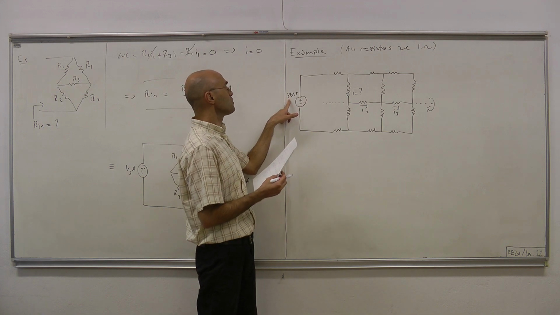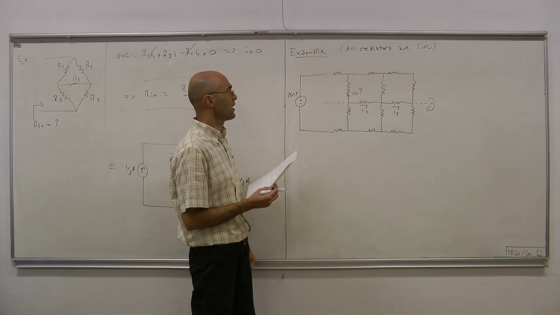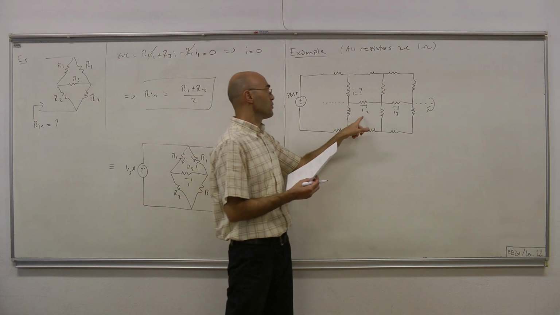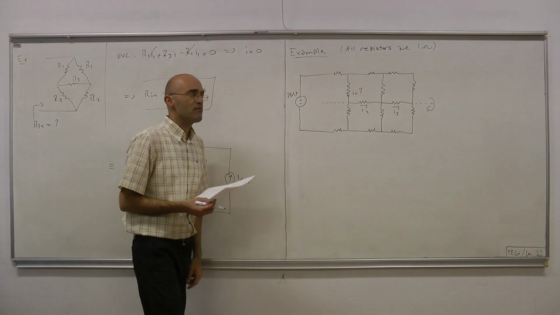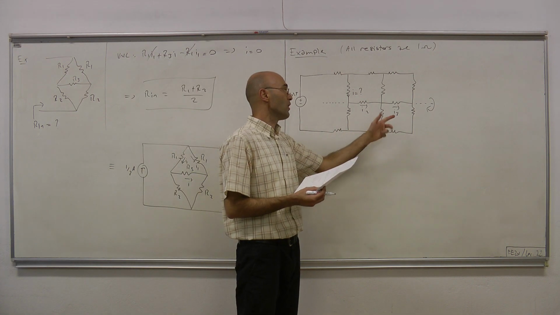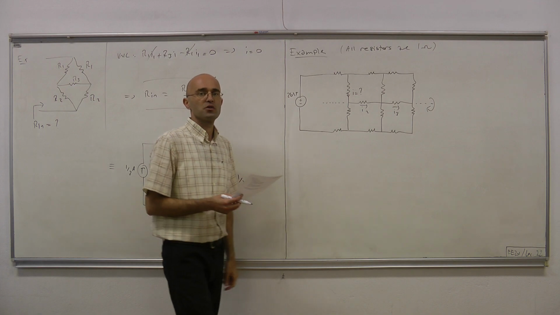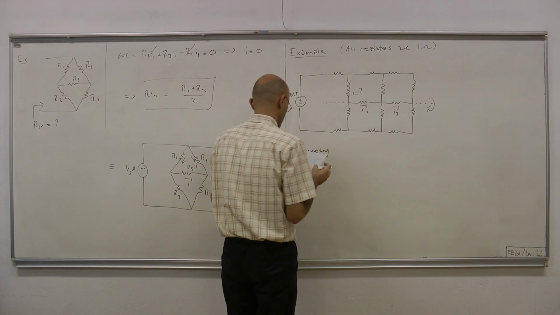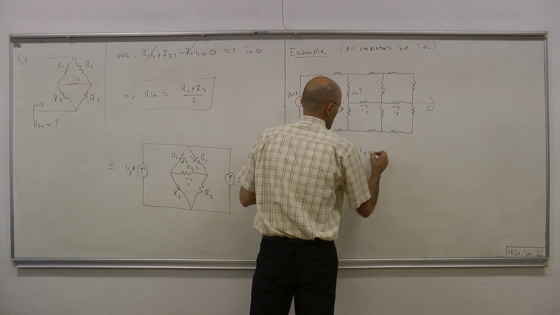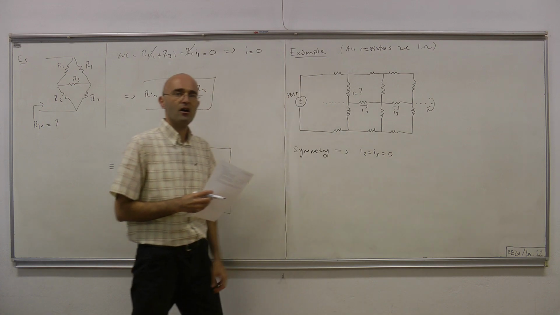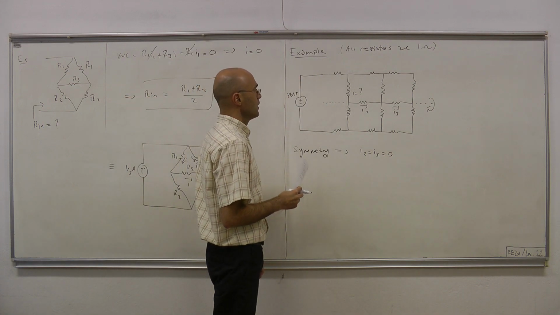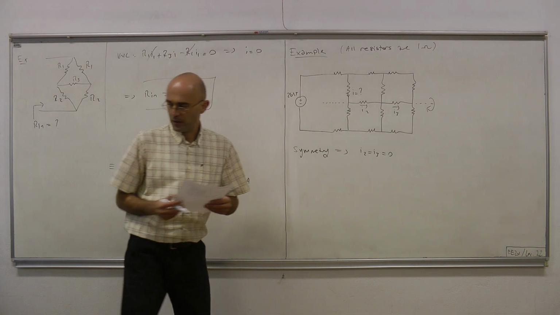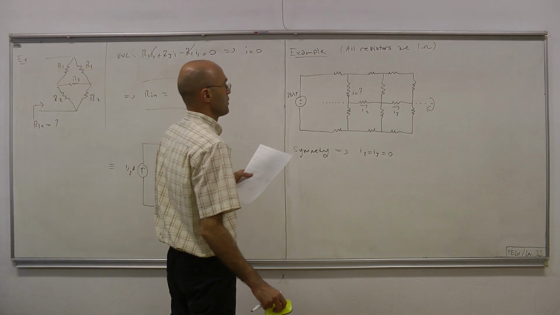So this is 26 volts. It becomes minus 26 volts. So you apply 26 volts, you obtain I2 and I3. You apply minus 26 volts, you again obtain I2 and I3. That's only possible if I2 equals minus I2 and I3 equals minus I3, which means that those currents are zero. So by symmetry, I2 and I3 equal zero. Once a current through a resistor is zero, we can replace that resistor either by an open circuit or a short circuit. So let's replace it with an open circuit.